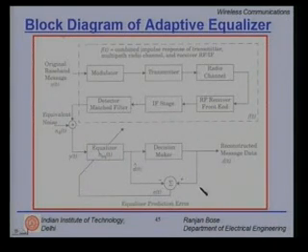If we use d(t) in a feedback loop to adjust the weights of the equalizer, we get into the domain of nonlinear equalizers. However, if this feedback is not there, and we just have a feed forward loop, then it is a linear equalizer. We will talk about these two in greater detail today.